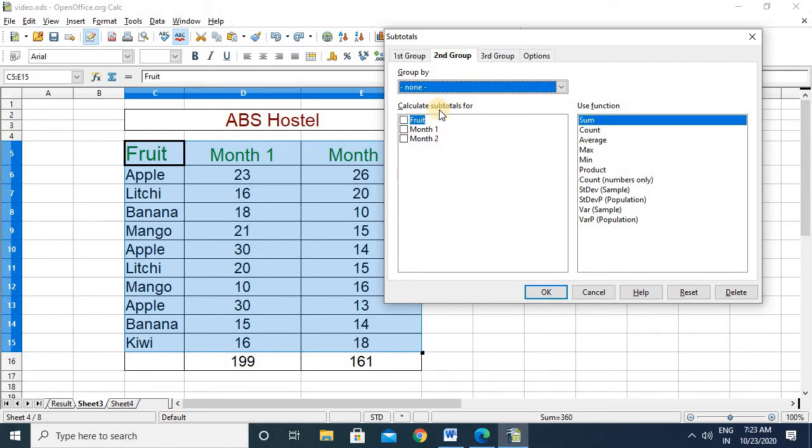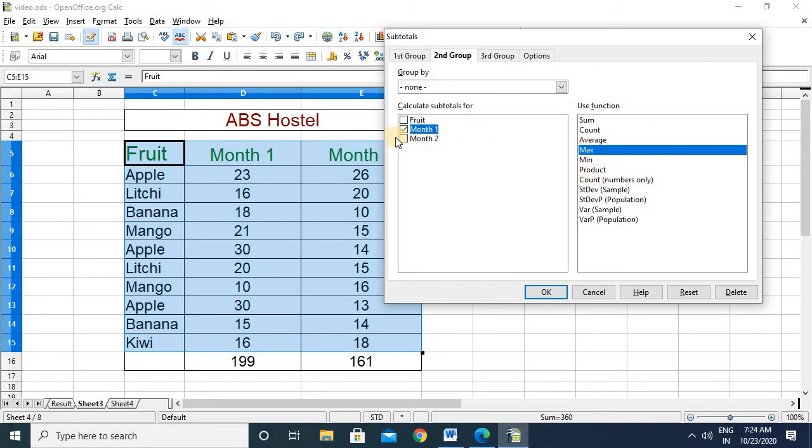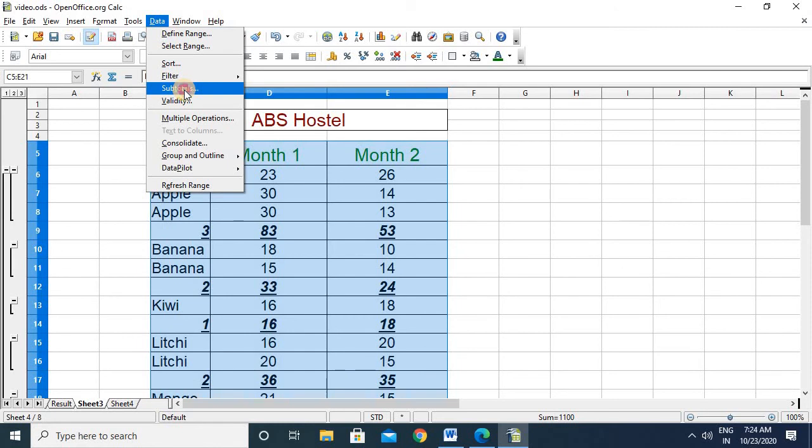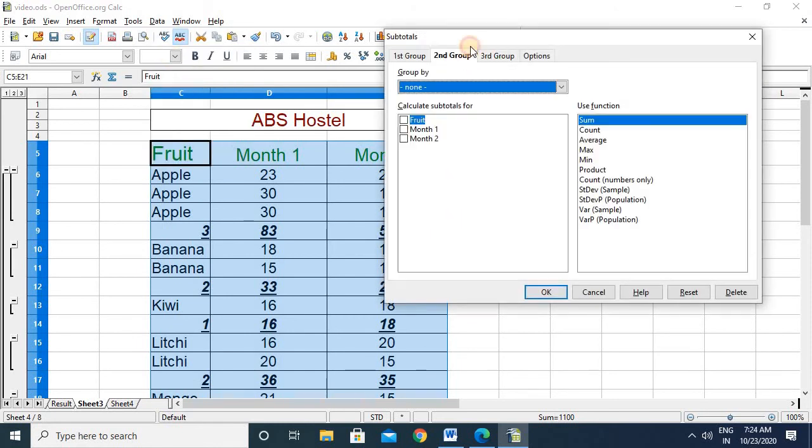For the second group, I'll go for month 1 max, and for month 2 also max. Now click OK. Okay, that has not been reflected, so let me go back. Data, let me see the second group.